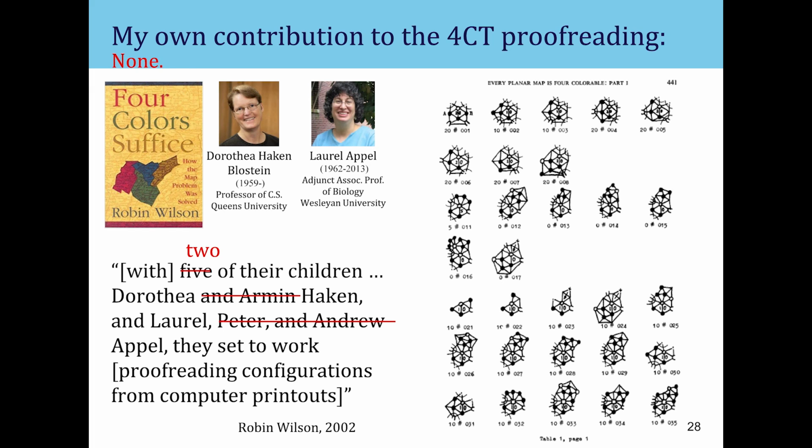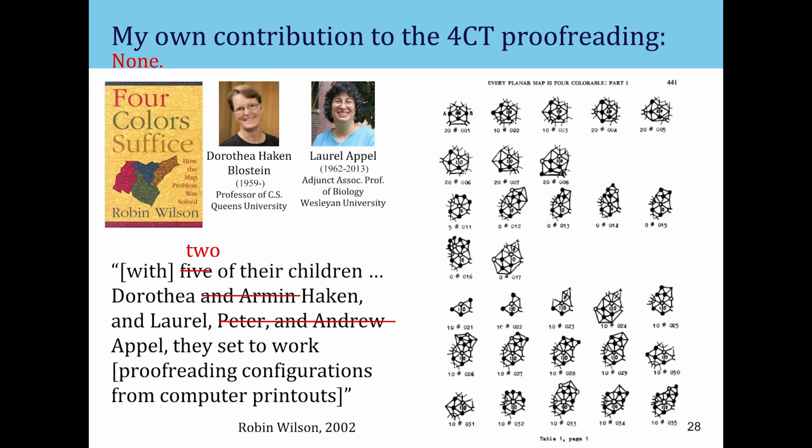Okay, so what does it mean? The computer printed out lists of numbers. It didn't have a graphic printer that could print out configurations like this. So they had to check that the list of numbers corresponded to the configuration, and that the configurations proved reducible corresponded to the configurations in the unavoidable set. And so